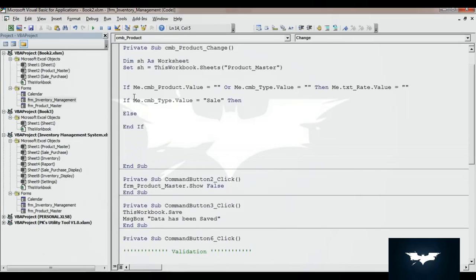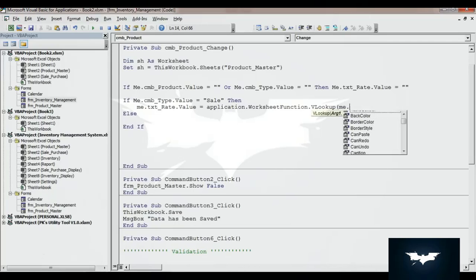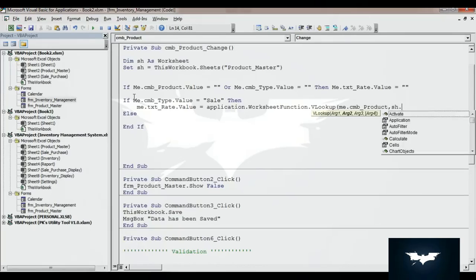So if it is sale, then I will use here me dot txt rate dot value, and I will use here VLOOKUP formula. So I'll use here Application dot WorksheetFunction dot VLOOKUP, and we will use the VLOOKUP from product master. So we will use here the lookup value, we will take me dot cmb product. Then I'll use here sh, which is the product master sheet, dot Range B2:D.